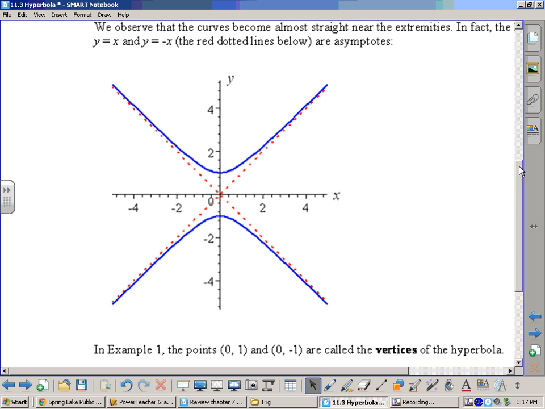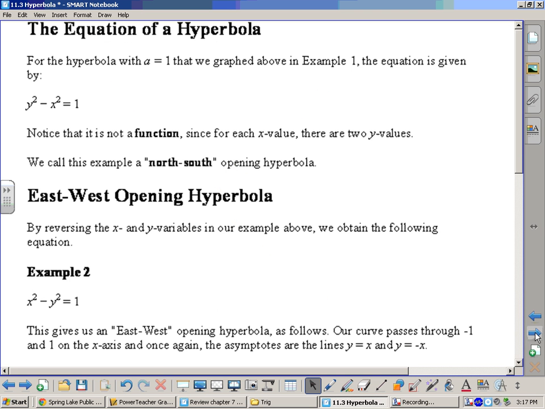You're going to have to find some vertices and create, not in this case major or minor axes, but you're going to have to determine the distance between the two vertices. We'll be doing some of that today, and we'll talk about how to come up with those vertices and the equations dealt with those. So there's two different types of hyperbolas. There's a north and a south